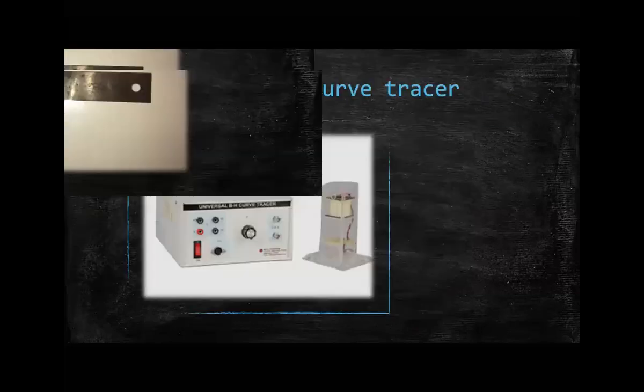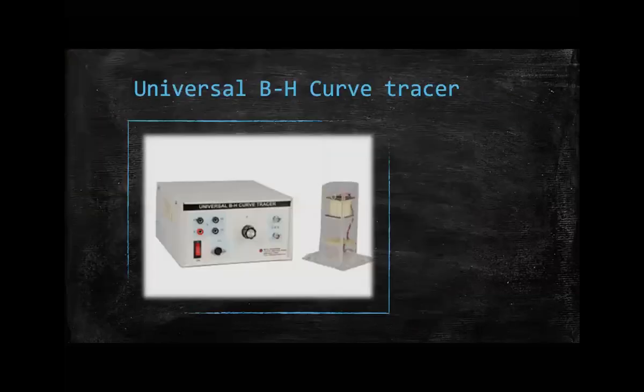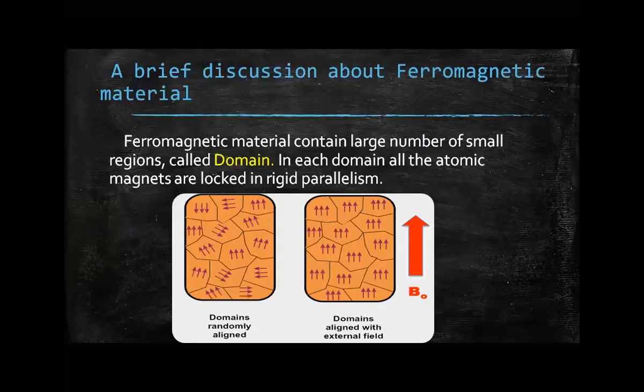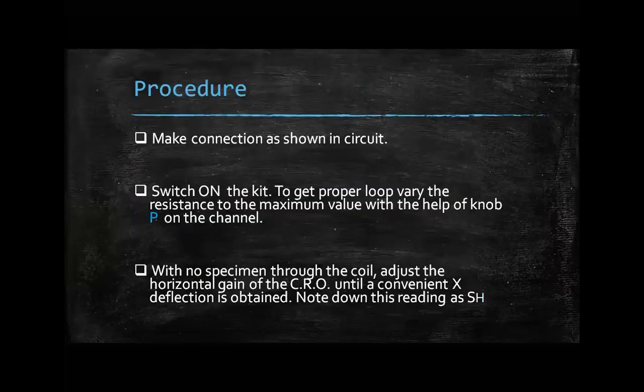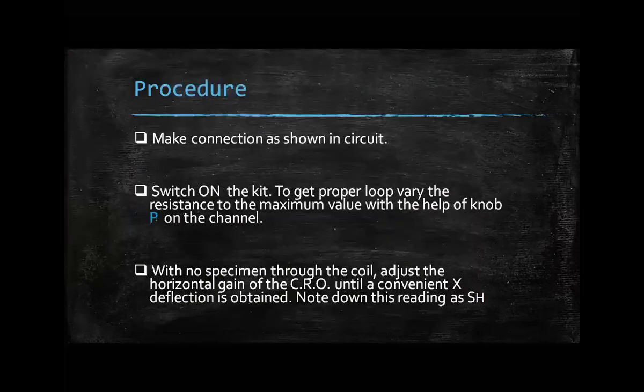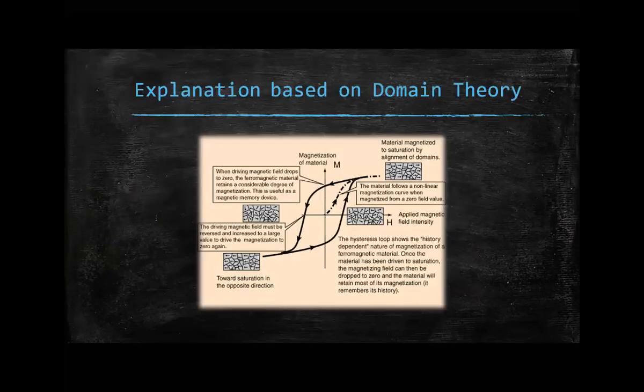Okay. And coming to when you keep all this material in the sample holder here, you can see this is the sample. You keep the samples here, then you change the voltage. Then what you're going to see is the BH loop. I'm going to show you how the BH loop looks. That was the basic experimental setup.